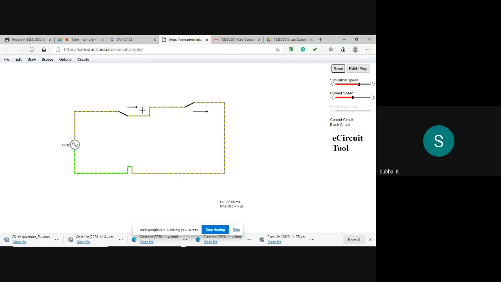So suppose if I am pushing this off, the circuit is broken. Okay. Both are on, the lamp is not glowing. Okay. And then this is off. Okay, still the circuit is closed, so again the lamp is not glowing. Okay, like that you can try. One more condition also you can try. Understood? Yes, ma'am.